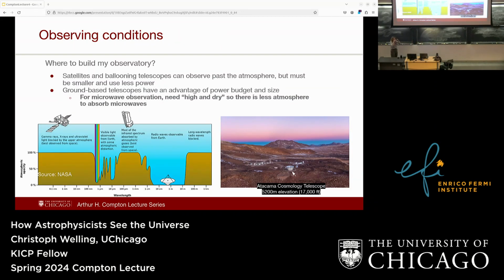Because if you go to the very edge of the Earth, somewhere that's super high into the atmosphere and super dry, so there's almost no atmosphere and no buildup of gases, then you can actually see through right to the CMB. You can't get a full sky map, but you can get higher and higher sensitivity and resolution. So to back up, there are multiple options. You can do this not just from satellites. You can also do it from a balloon, which is also cheaper. Millions, not billions.